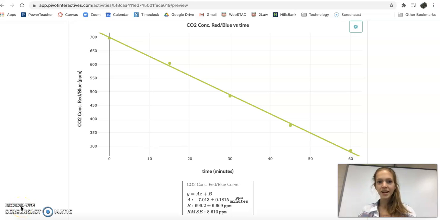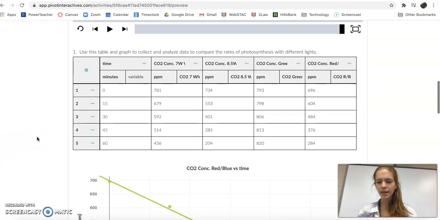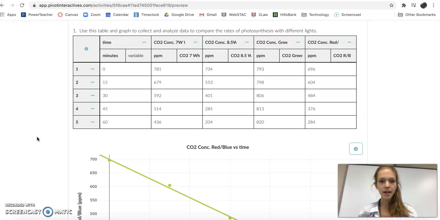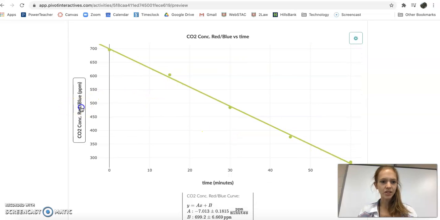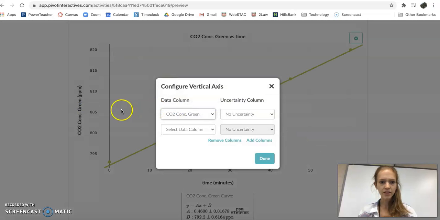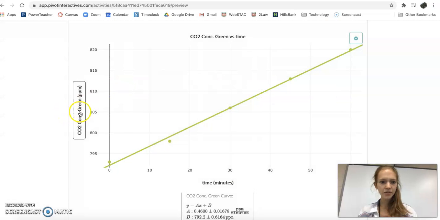Alright, welcome back everybody. So we have been using our basil plant and different colors of light to record how fast carbon dioxide is changing as a result of photosynthesis happening or not happening at different rates, right? So we got done collecting our data in our data table up here. So we have all our time, our different color of light, and our carbon dioxide concentration in ppm. And now we graphed each of these light colors, and we were able to find